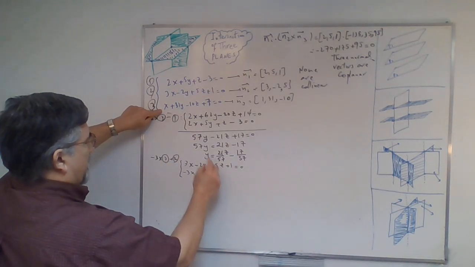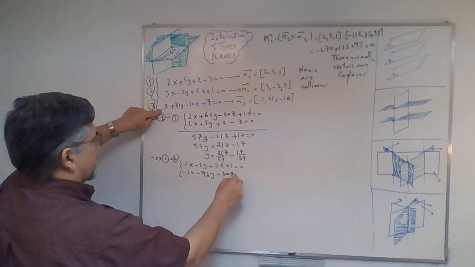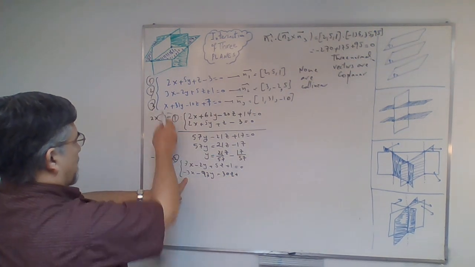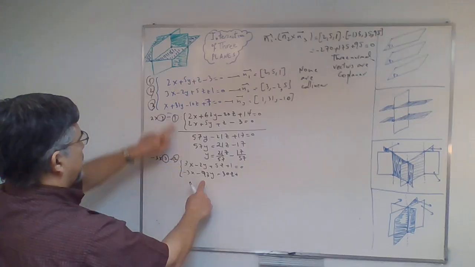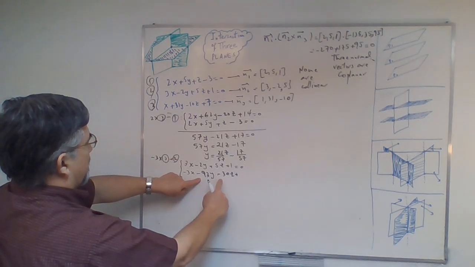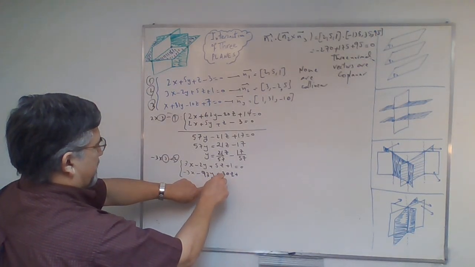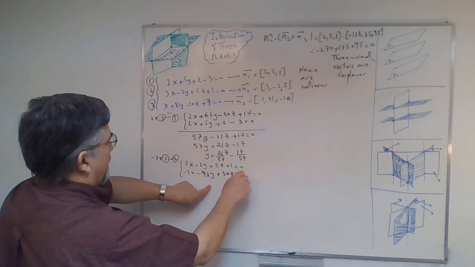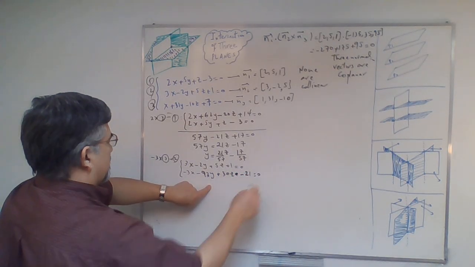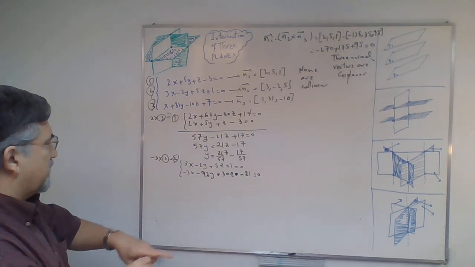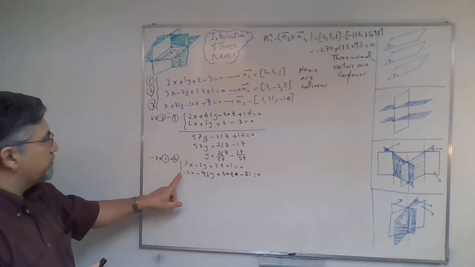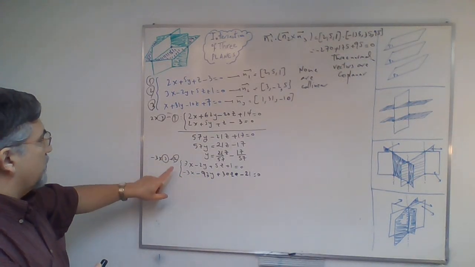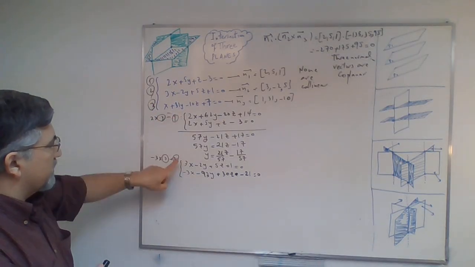And -30z plus, multiplied by -3, multiplied by -3, multiplied by -3, that would be positive 30z, multiplied by -3, that would be -21 equals 0. Okay, we multiplied the third equation by -3 right here, and we took the second equation, and